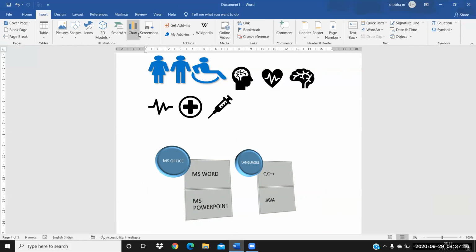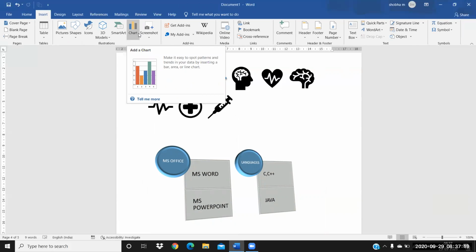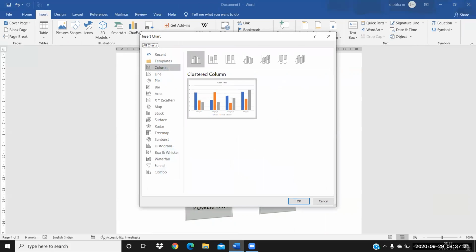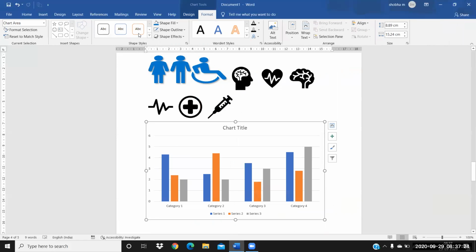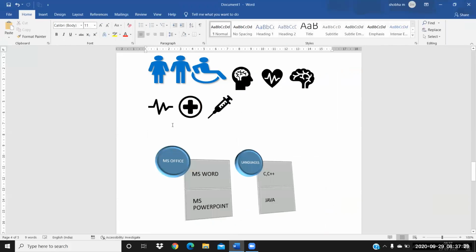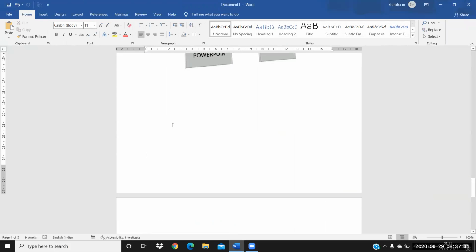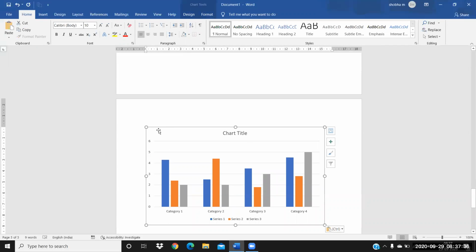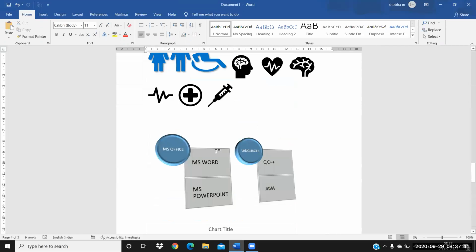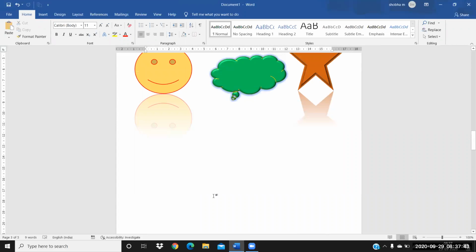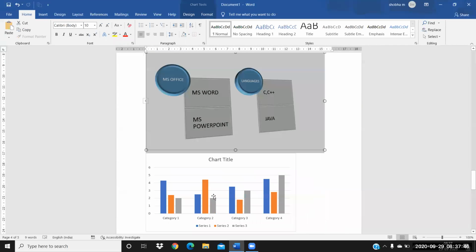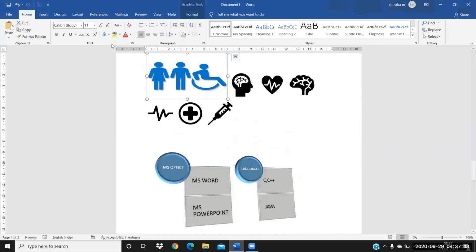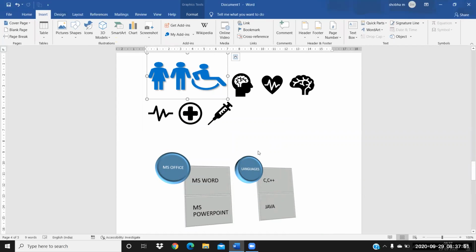And you have a chart. A chart will be created with reference to your Excel. You can cut this chart, come down and paste it over here, and it will be inserted like this. You can reduce your chart size, and when you reduce it, everything comes onto one single sheet again. These are a few options available in insert mode.